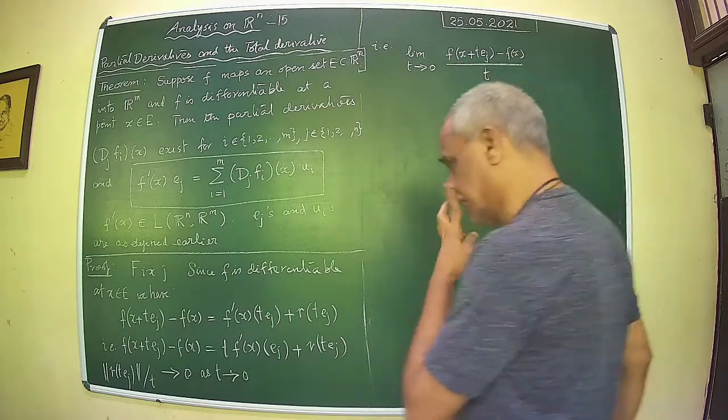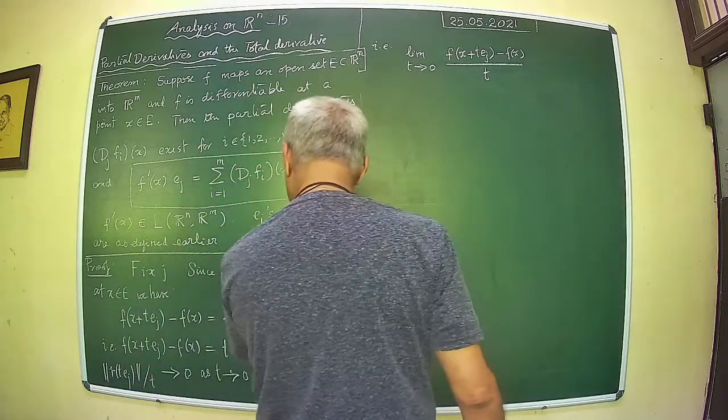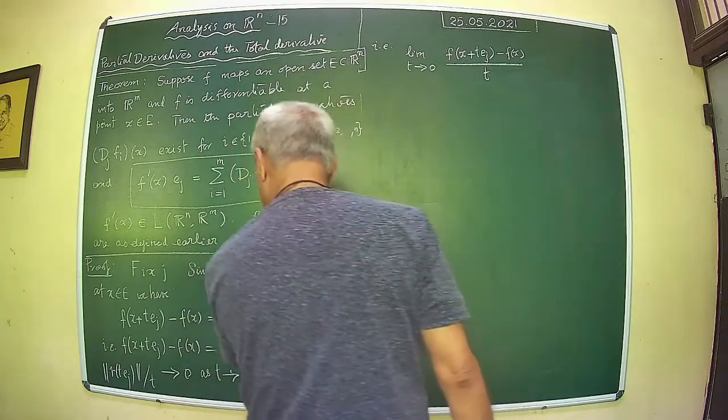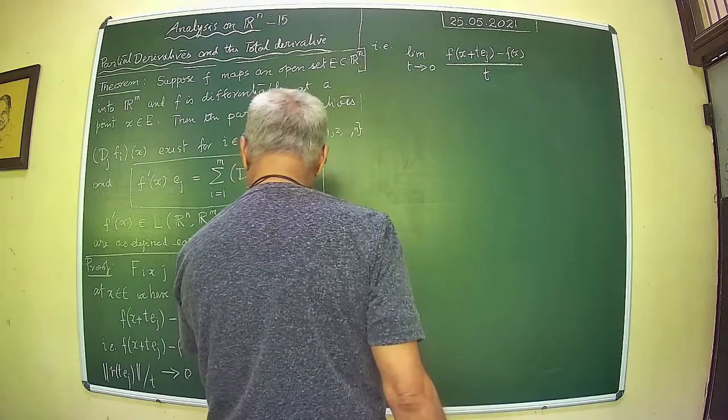What is this? You are just taking this and dividing by t. The error term divided by t goes to 0 as t tends to 0. Therefore, this term does not make any contribution. What contributes is essentially